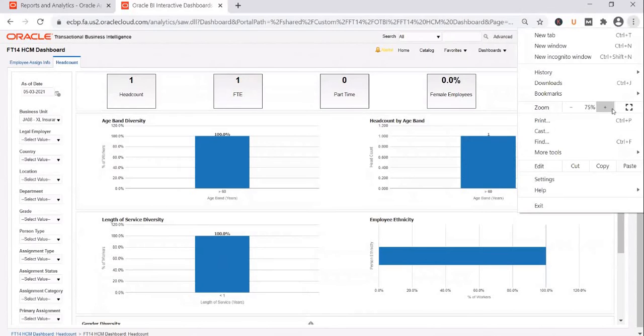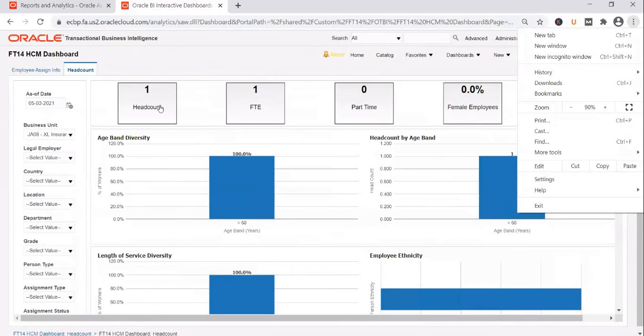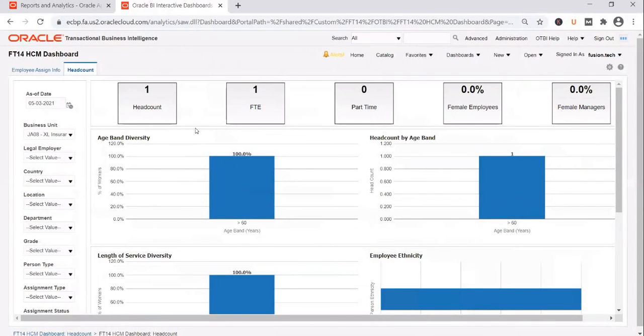When you have to make such changes, there are two things you need to consider. Point one: even though we have copied all of this content from a seeded dashboard page, these reports as well as this dashboard are still pointing to the seeded ones given by Oracle.